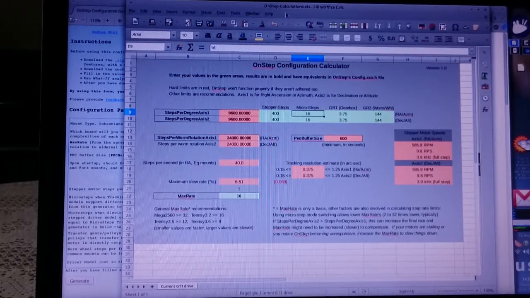Hello everyone. This is again another video on the OnStep Telescope Controller project by Howard Dutton. And in this video I'm going to cover the spreadsheet that is used to calculate the values for your specifics of the mount, mechanical and electronic properties, and the motors, and